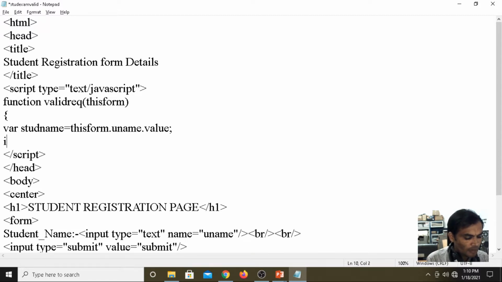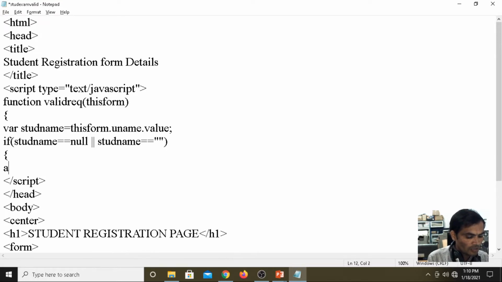Now I am writing the condition: if studentName equals null or studentName equals empty, then alert.